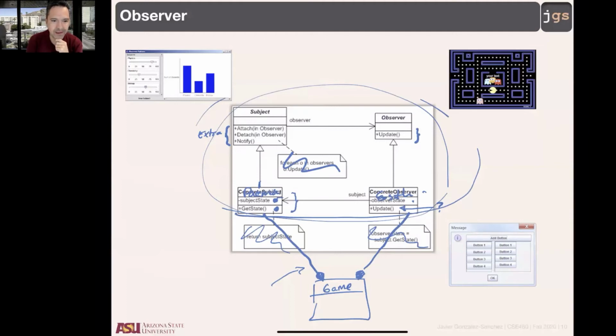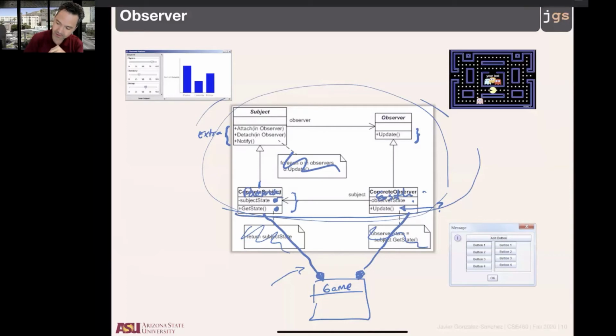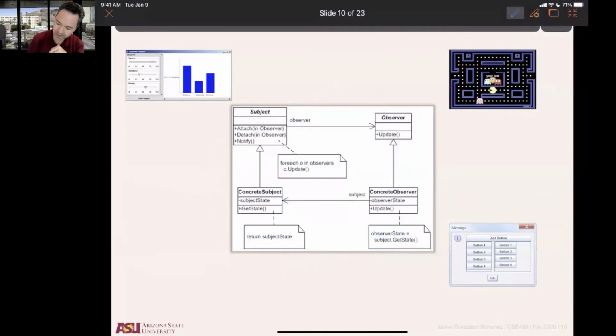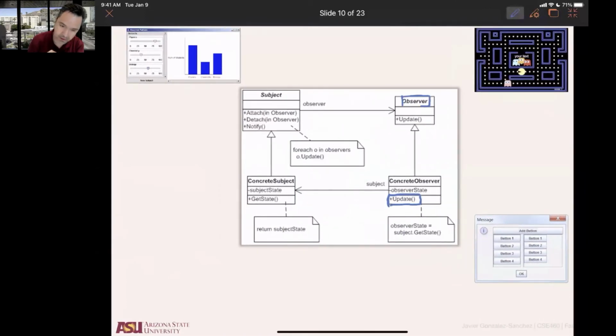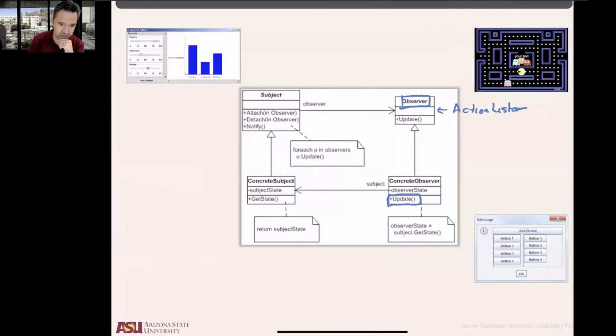The key listener is the implementation of the observer pattern, but we are not doing the implementation. The implementation is already done in the Java API. The only thing that you are doing when you use listeners, and I need to show you this in the source code, is this method here that is called update, and this class here, observer, in the Java API. For instance, this block here is your class action listener or key listener or mouse listener or whatever. And for the action listener, this method update here